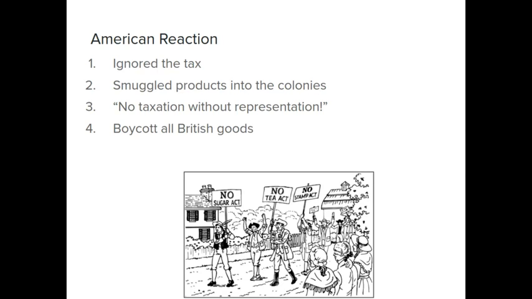And then finally, they started to form secret groups. One of the major groups that we're going to be discussing as time goes on up to the revolution is the Sons of Liberty. The Sons of Liberty would write letters to the editor in newspapers across the colonies. They'd spread messages, they'd spread posters, and they were really looking at organizing the colonies as one. We talked about the Albany Plan of Union, how it failed to get the colonies together. The Sons of Liberty were attempting to get the colonies back together, to join as one instead of 13 separate groups.